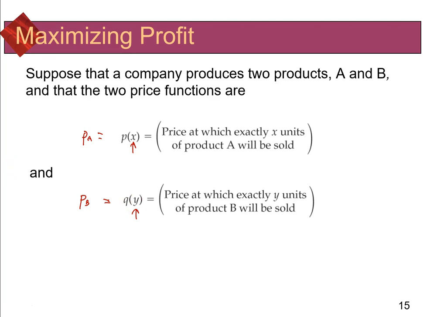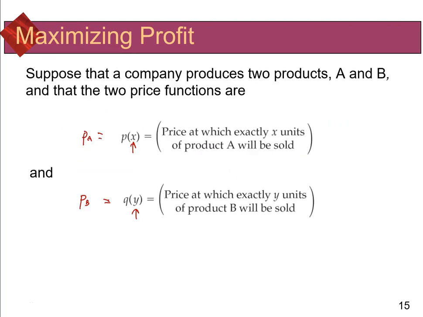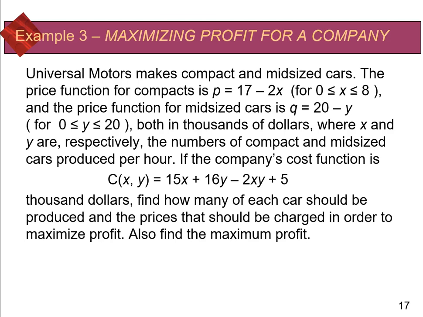So the cost function will oftentimes be a given function. So if I want to figure out the profit, I'm just going to take the price function times the number of units for product A, do the same thing for product B, add those together, subtract away the cost function. That's going to give me a profit. So for an example,